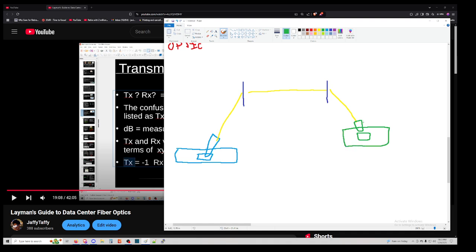Testing with loopbacks and fully understanding where to put a loopback on this side of the patch panel, on that side of the patch panel, on the side of the patch panel with an optic that works. Is it this segment of fiber that's bad? Or is it this one? Or is it that one? These are questions that you have to ask yourself because it could be all of